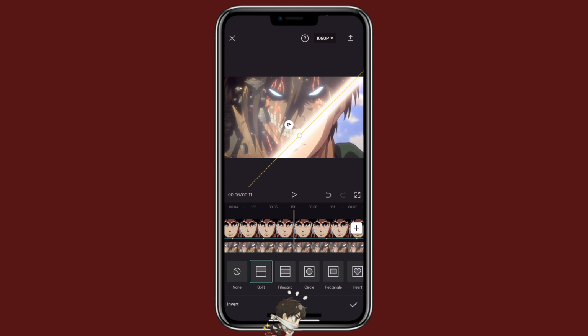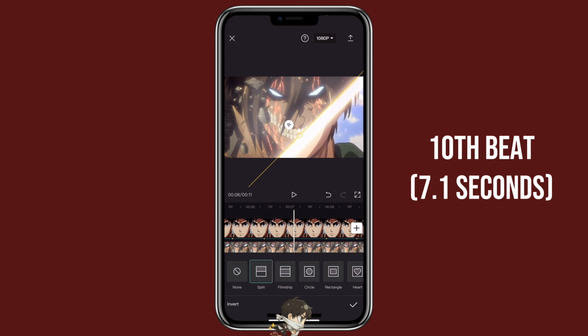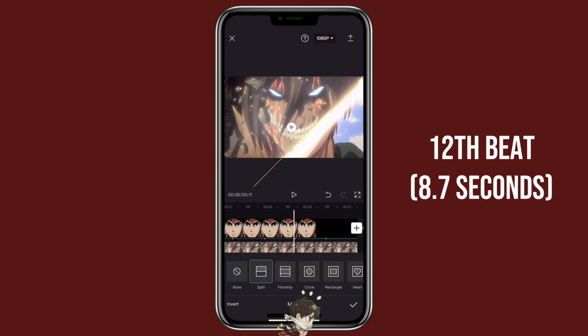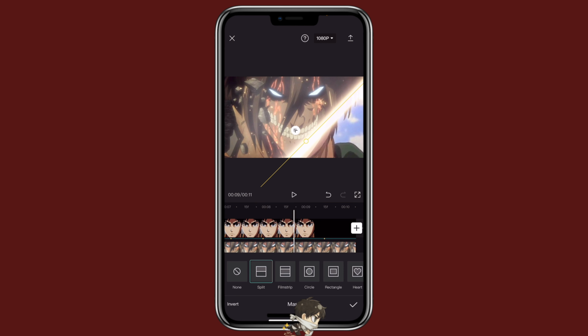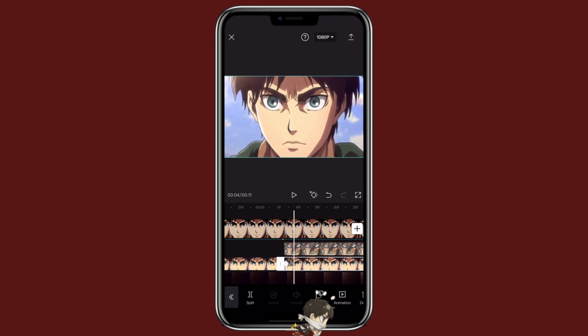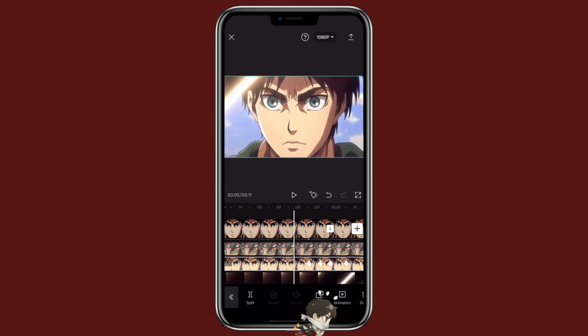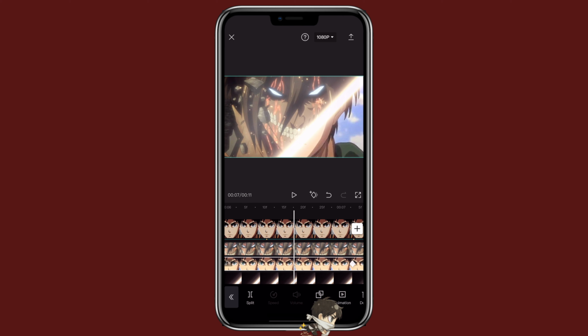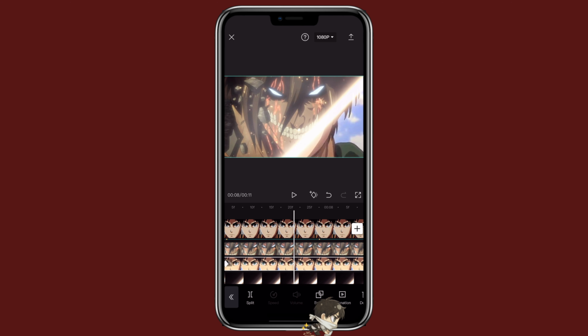And then you can go to the beat at about 7 seconds. Then move the mask slightly. Then move to the second to last beat, which is slightly before 9 seconds. So move it slightly. So these are the beats that I have. You might need to make small adjustment. The goal is to make sure the mask follow the line, like that.